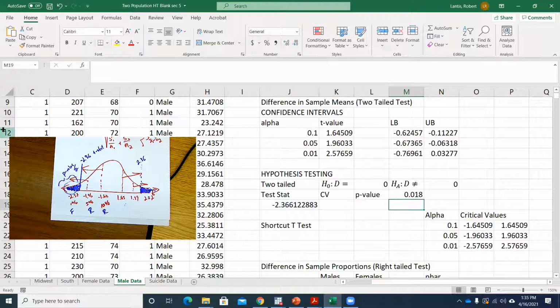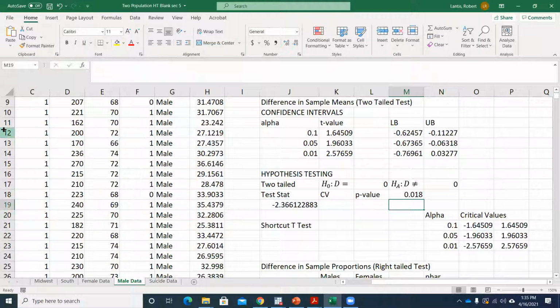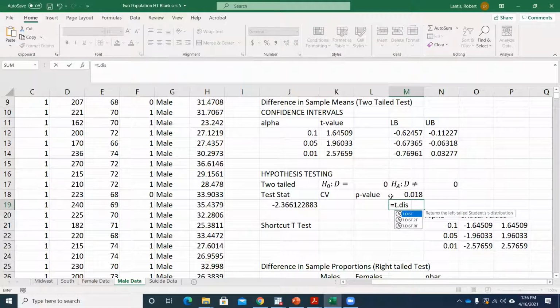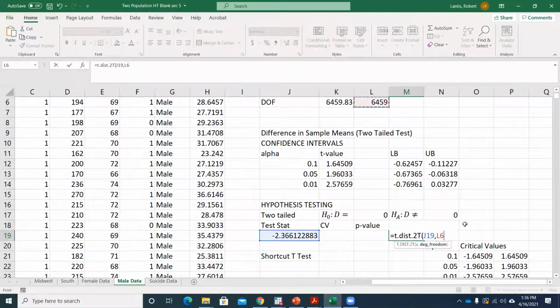Hit enter, I'm good, okay? Now I could have also done something else that we haven't used before, which is t.dist.2t. There's one issue with this, right? I am supposed to be able to select my test statistic, comma, and select my degrees of freedom. What it should do is find the area that's in the tail of the test statistic and then multiply it by 2 for me. The issue is, for whatever reason, the way they have this coded, if it's a negative